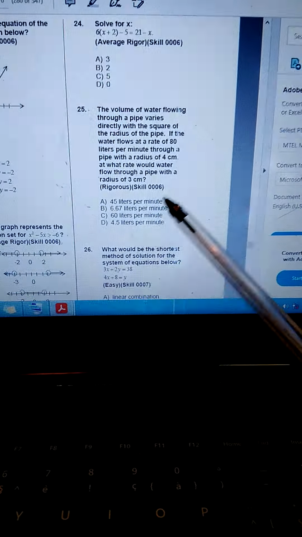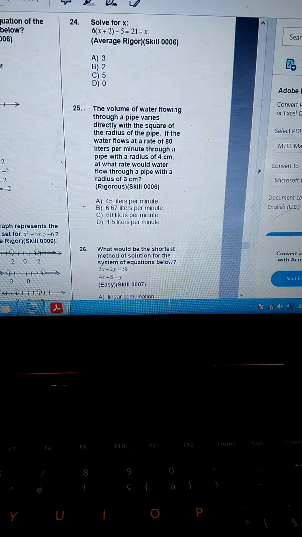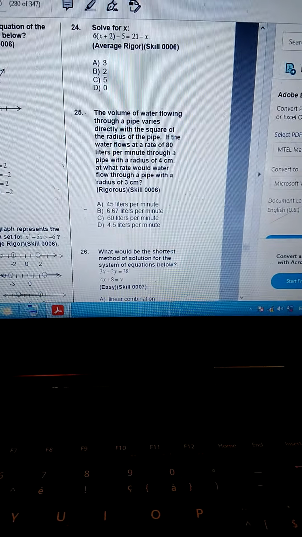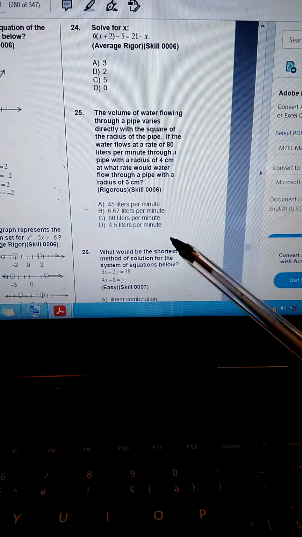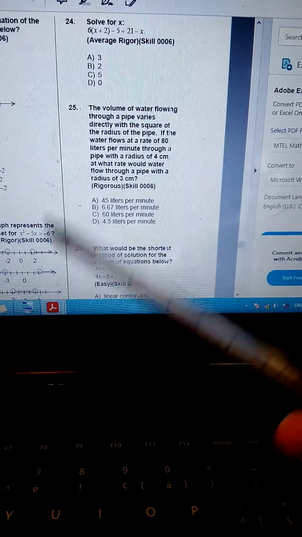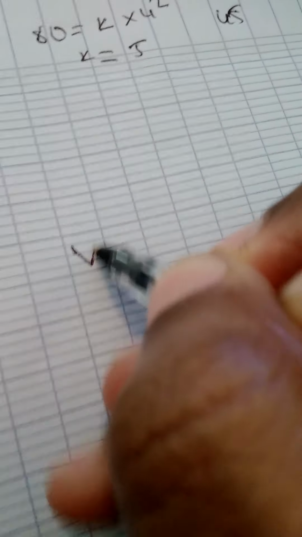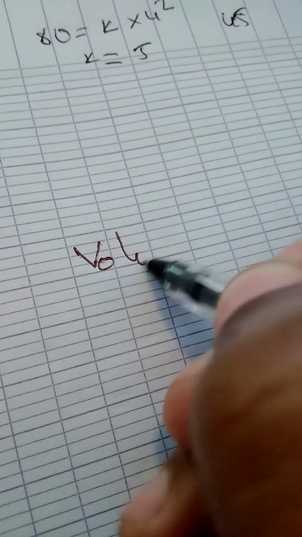So you can see that the volume of the water will actually increase if the radius of the pipe increases. But in this question, the radius is actually decreasing. So I'm expecting my answer to be less than 80. So this is what I'll write. I even started it without you guys. Okay, let's start. So I'll write V, which is the volume